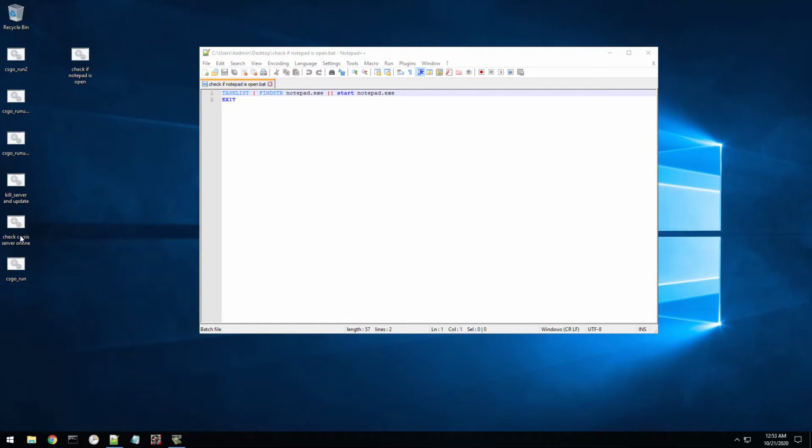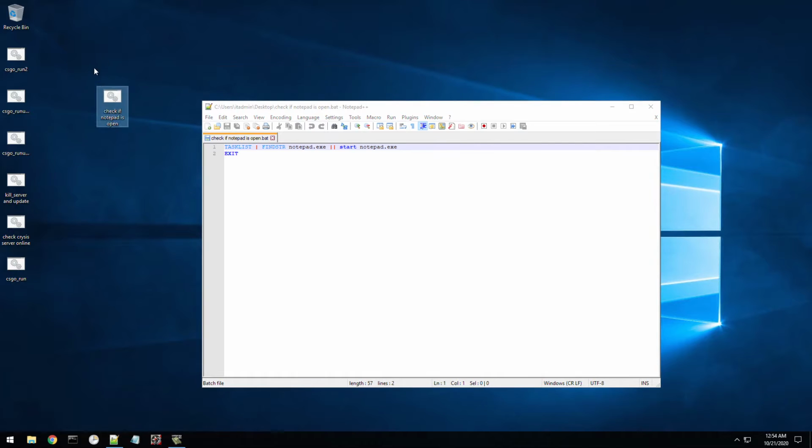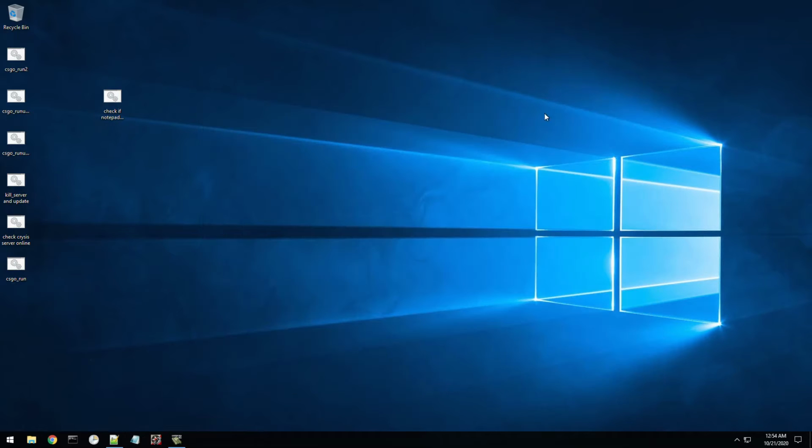Today we're going to be looking at creating a batch file to see if there's a running process running, and if there's not a running process that matches this parameter, then we're going to go ahead and start another exe, or a batch file, that we want started. You can see we already have a test batch file here on our desktop, and we named it "check if notepad is open." You can see this is the information in it, but I'm going to minimize it